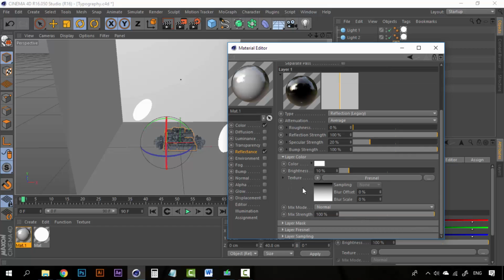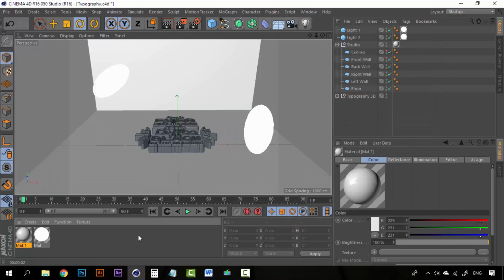Now we can change the way that this Fresnel texture mixes with everything. We can change or decrease it. If we take it to 0, it's like we didn't have any Fresnel, so we will create just a little bit, like 20% of Fresnel, so that we have the texture but not too much. Okay, that's it for the walls,